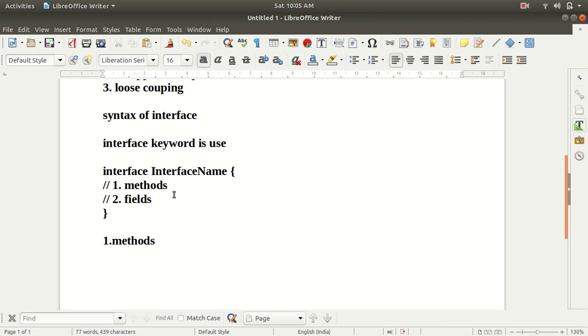No concrete methods. Inside an interface, the compiler is going to add the public keyword by itself, so it becomes a public abstract method.